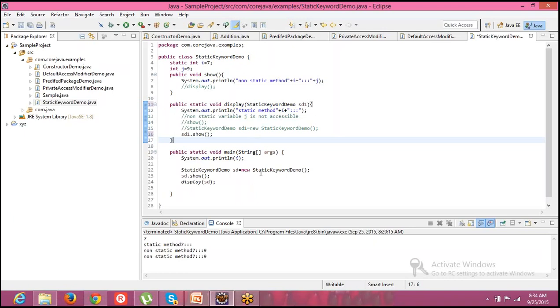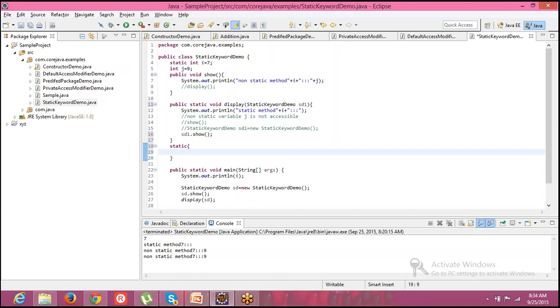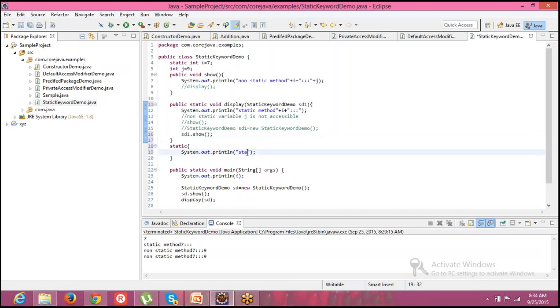Now, prior to this I wanted to have some static block, and I just wanted to have some println statement.